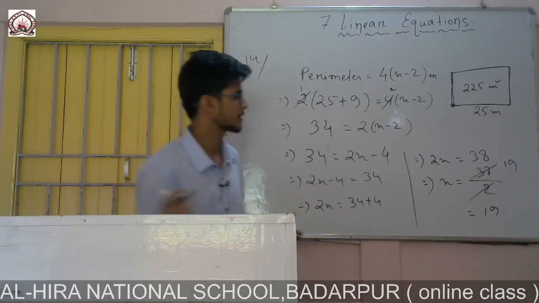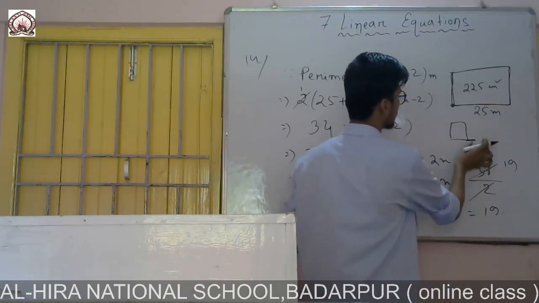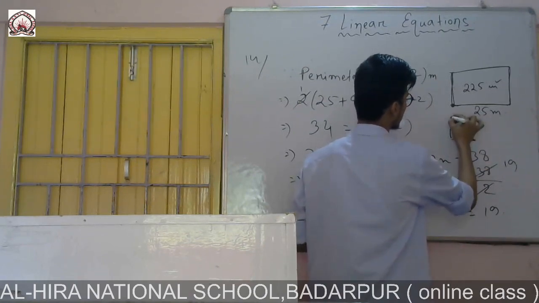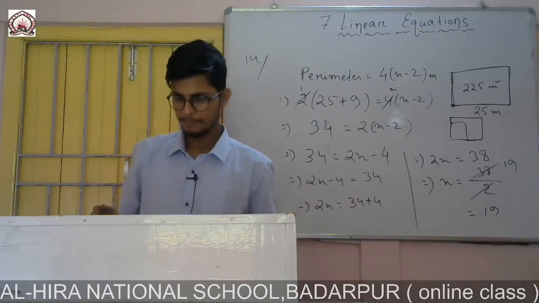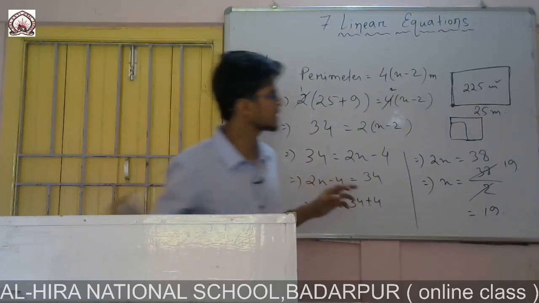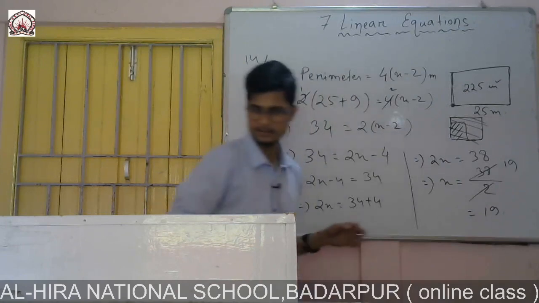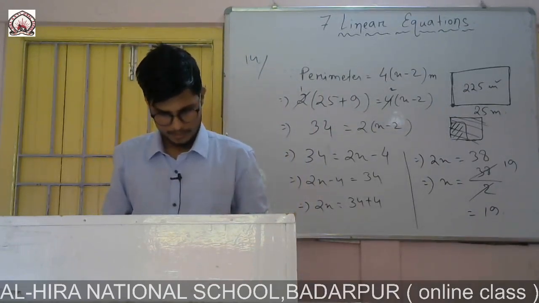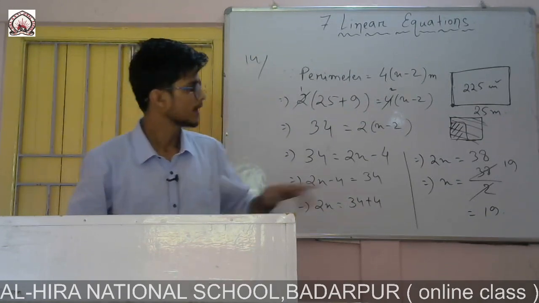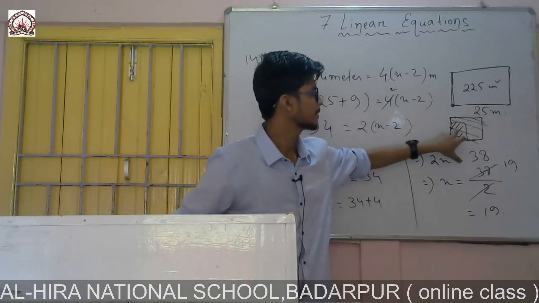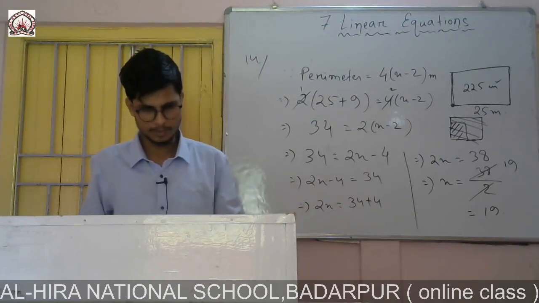So first of all, this field was a square. Then she started increasing one at a time. First of all, she increased the length, then she increased the width. Now it became a rectangle. So the question is, it is given that if I find this area, and later on if I find this whole area, then what is the difference? It is given that the area will be 19 square meter more than the present area. So if this is the present area, then this one will be the present plus 19 more. Okay. So let me solve this one.